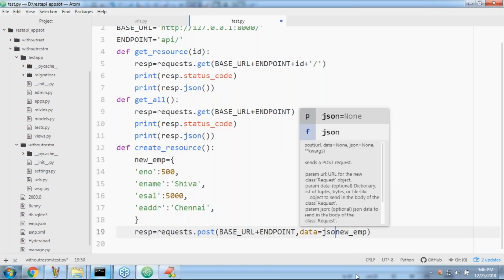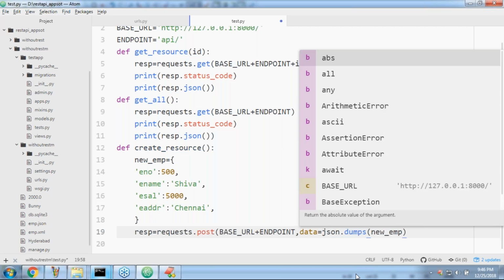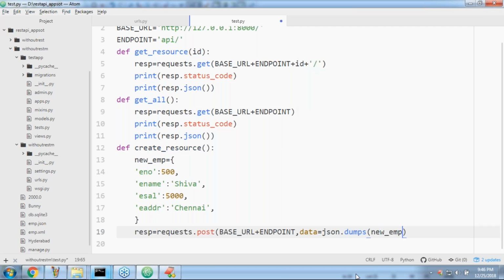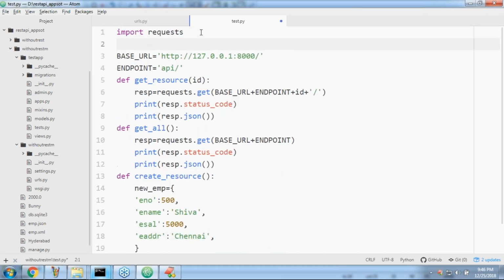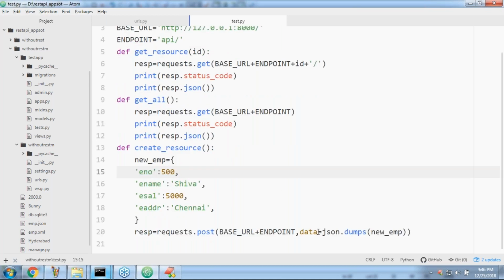Yes, you know, JSON dot dumps. If I call JSON dot dumps, okay. Now have a look once. Here import JSON. Now which data are we sending, sir? We are sending JSON data only to the Django application. Regarding REST, we use JSON to get data, but here, for converting a Python object into JSON, we require JSON dot dumps.